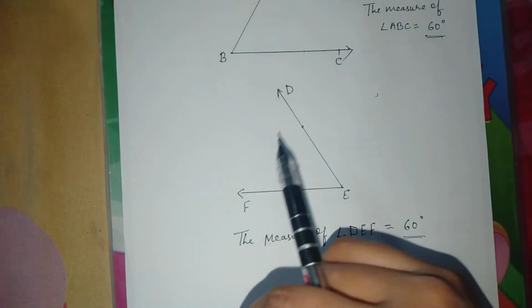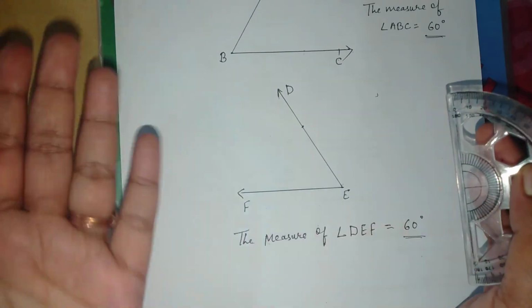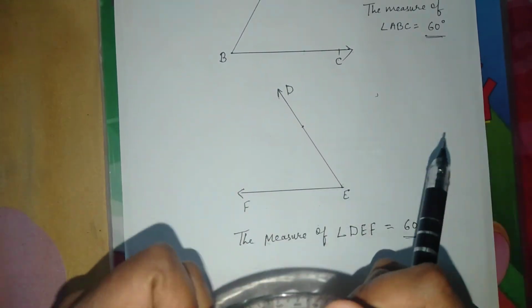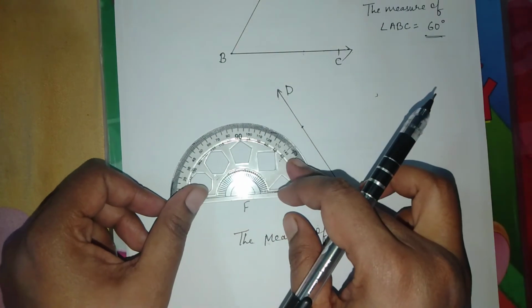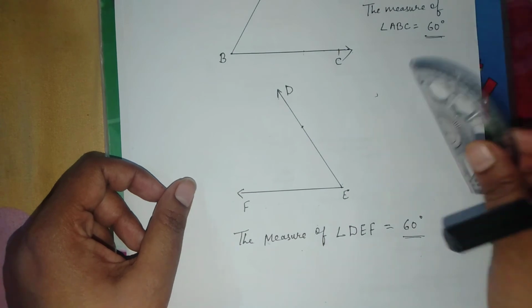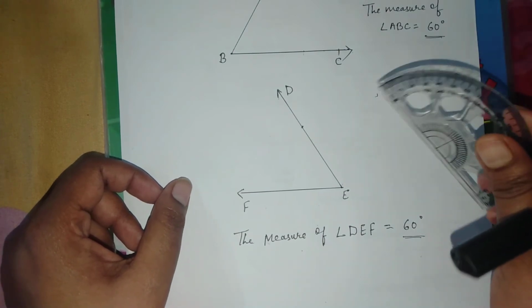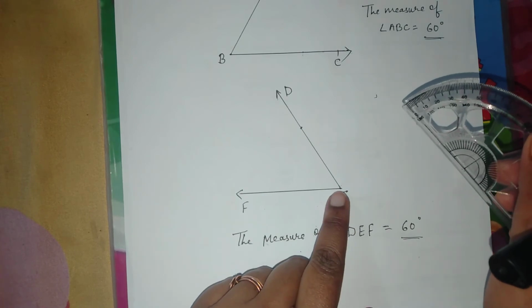Now here we will see an inverted angle. What do you see? How is the angle? It is completely inverted. Now how to measure? Where do we have to place the protractor? Here. Is it correct? No. According to our rule, where do we have to place it? On the vertex. Where is your vertex? E is your vertex.